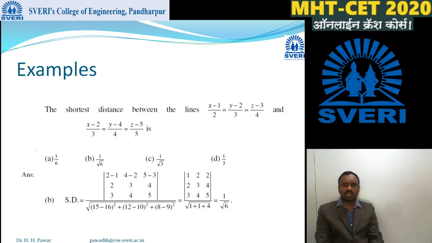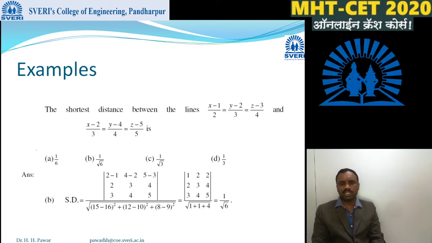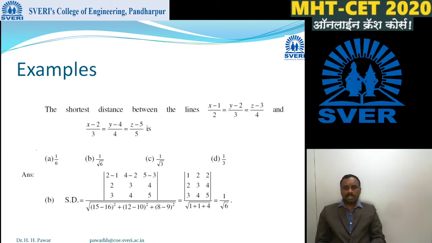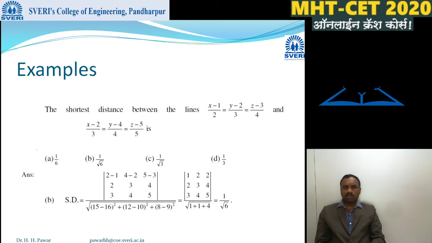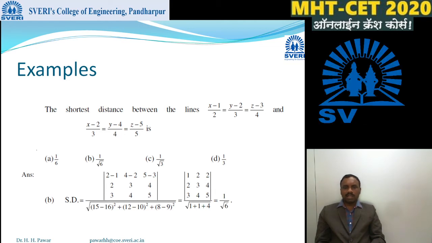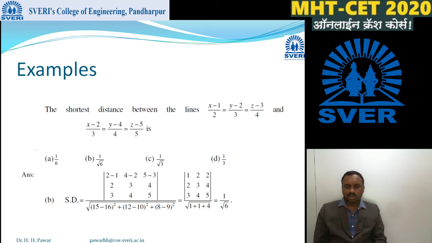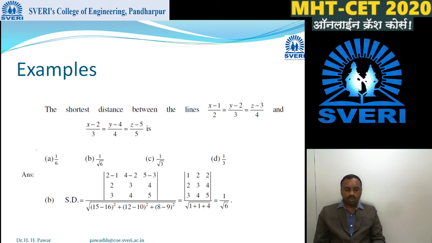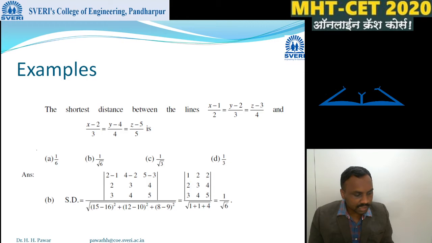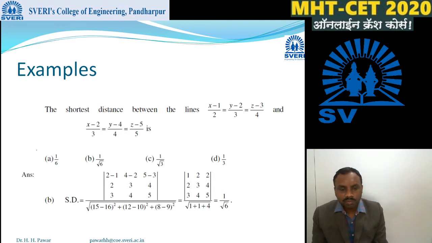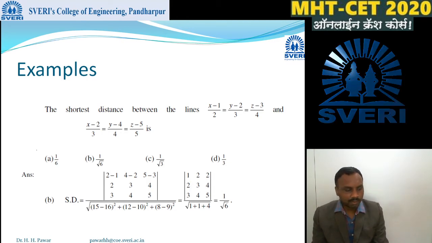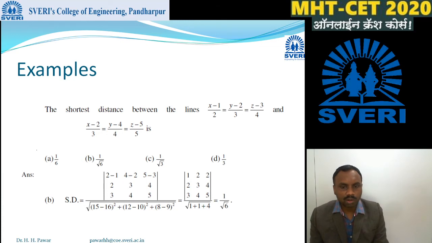As we know, the formula for shortest distance is the determinant of x2 minus x1, y2 minus y1, z2 minus z1, then a1 b1 c1, a2 b2 c2, divided by the square root of